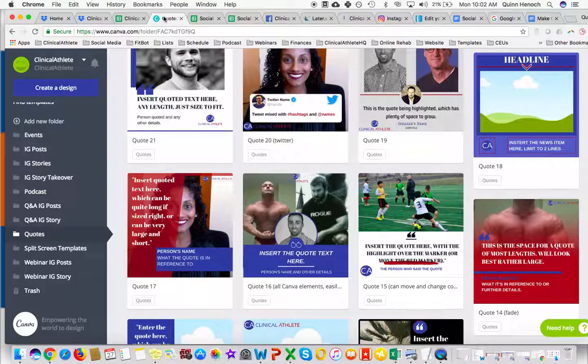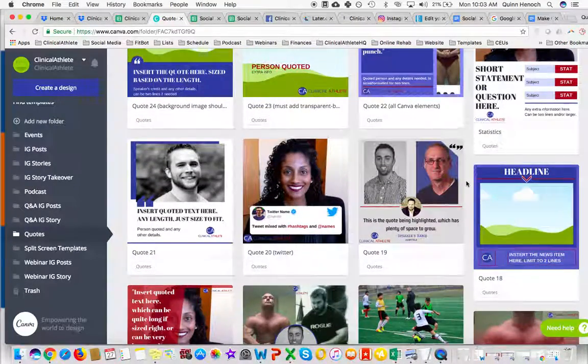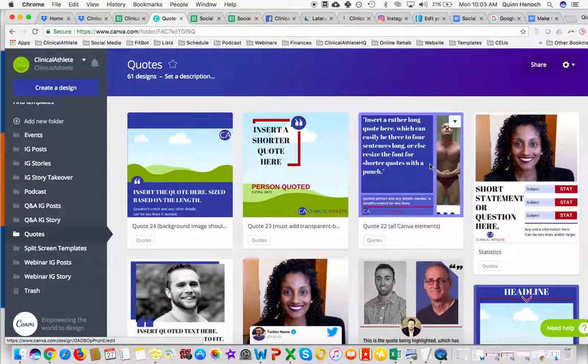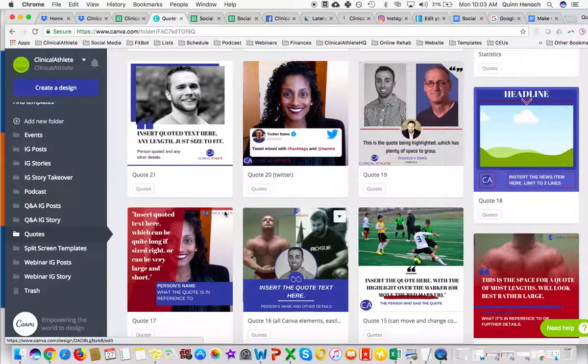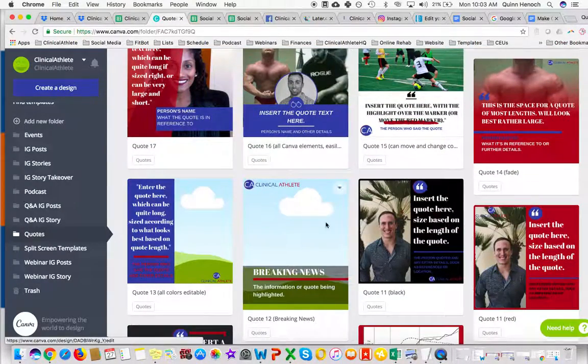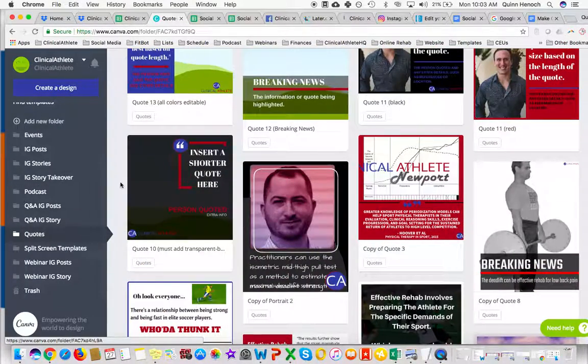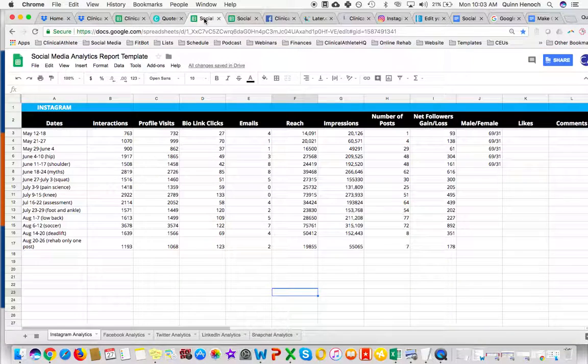And I'm not a graphic designer, but luckily we've got all these templates that we've had somebody build for us in Canva that are just short and to the point, like quote templates you'd see on ESPN's Instagram or something like that, and they're really engaging. So that's what I try to build out with a research article or a quote or something like that. And I think that is pretty much the gist.